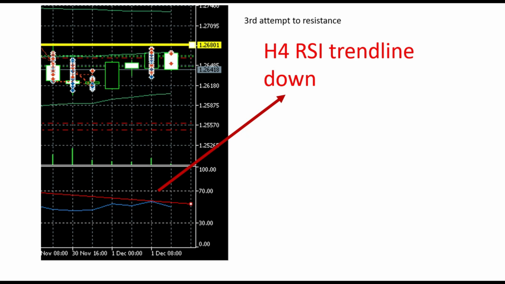So today we had a situation on British pound dollar where we had 1, 2, 3 attempts to break the resistance. What is the catch is that on the 4-hour chart time frame we can see the bearish relative strength index. I draw a red trend line and the 4-hour relative strength index trend line is in bearish mode. Just today in the morning this price touched that resistance level on the relative strength index,